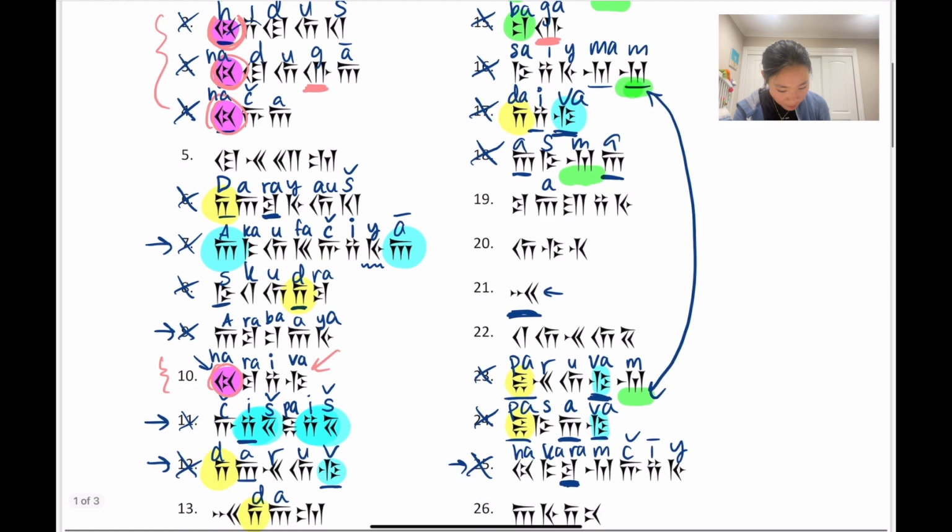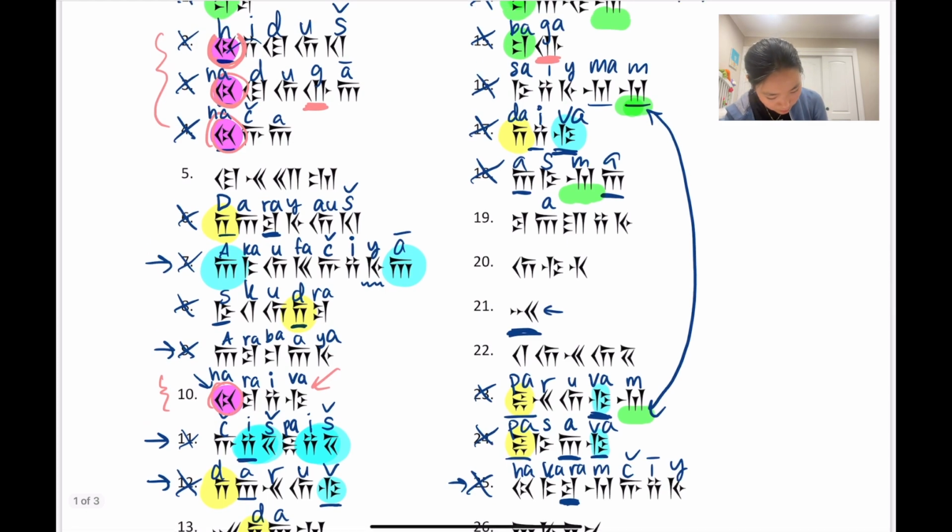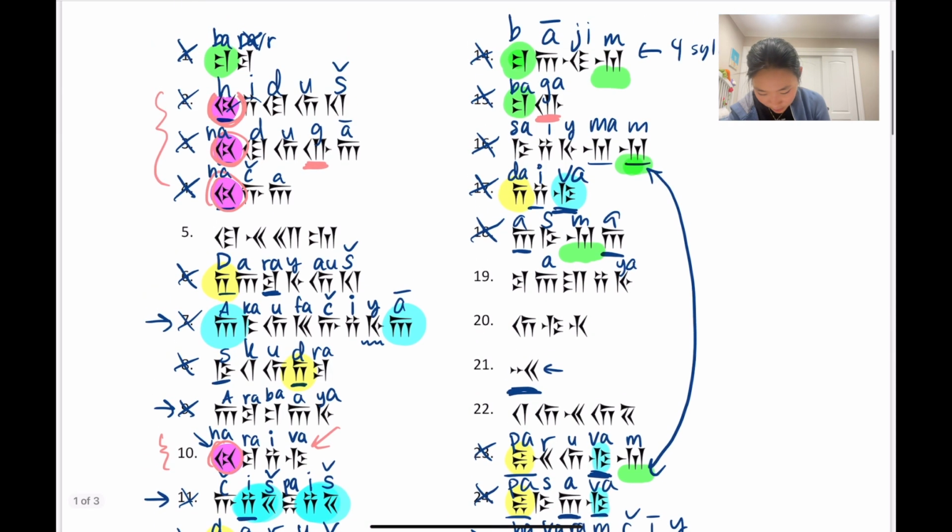And why don't we look at this one, 19, because this K, we've definitely seen somewhere. This is like a Y, A kind of deal. This one with the 3 triangles, we certainly have seen somewhere. It's a long kind of problem. So